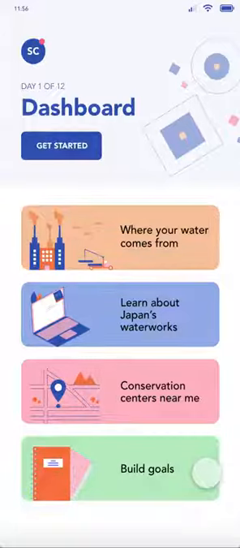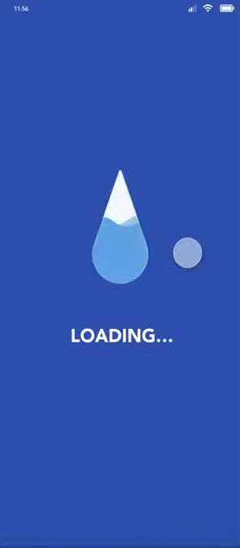There are 4 options that you can look at with this app: where your water comes from, learning about your region's waterworks, finding conservation centers near you, and building your own goals or habits. Let's start with the first option. It will load for a second,